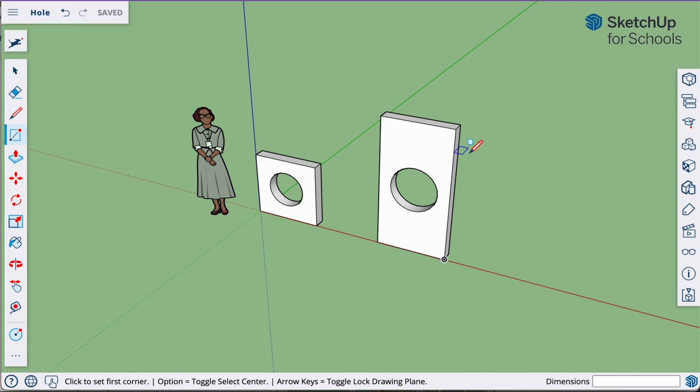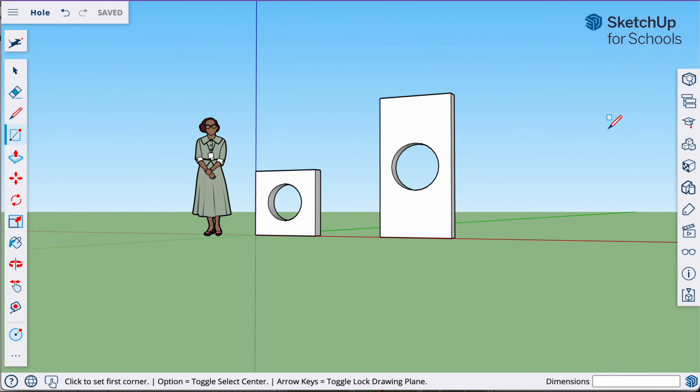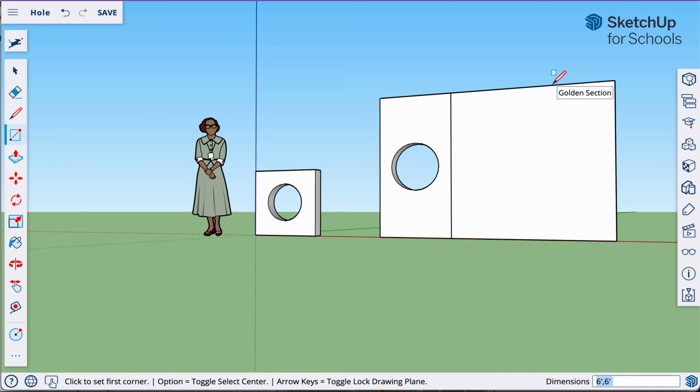Since we want the rectangle to be standing, we want to touch or point to the surface. When it's green, hold down your shift, and then you can click on this front surface, drag your mouse, release your mouse, drag your mouse to make sure there's a hole there. We messed up, we need to look at the hole. So shift, click, drag your mouse, okay, and then type in your size 6 feet, comma 6 feet, press enter,